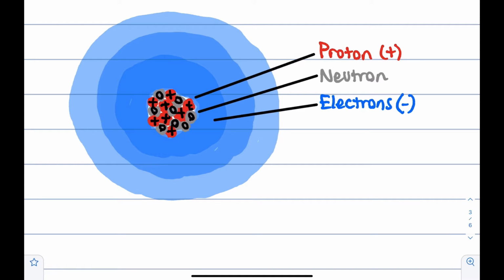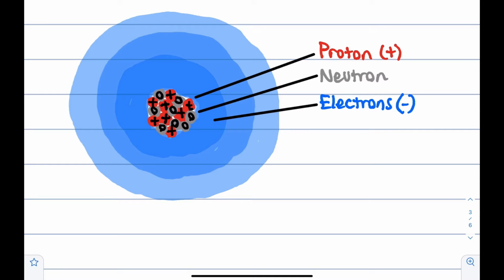Today we're going to be discussing the quantum mechanical model of the atom and electron configuration. So in a previous video we talked about the structure of the atom. We said that there's a nucleus that has most of the atom's mass, we've got protons, we've got neutrons, so it's positively charged. And it's relatively small in volume compared to this big ginormous electron cloud we have around the outside that has not a lot of mass because electrons' mass is basically negligible compared to protons and neutrons, but